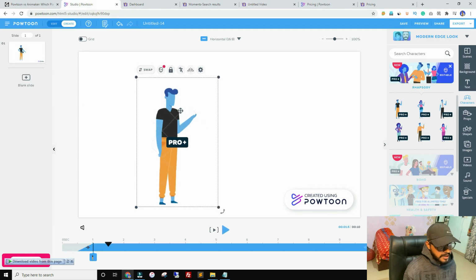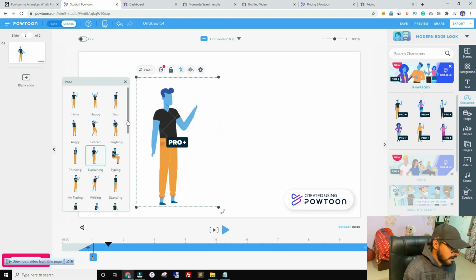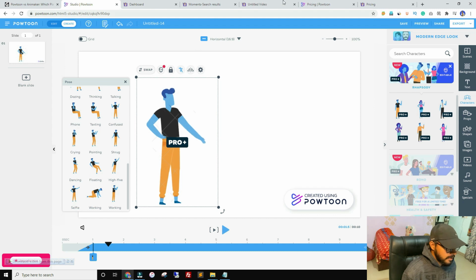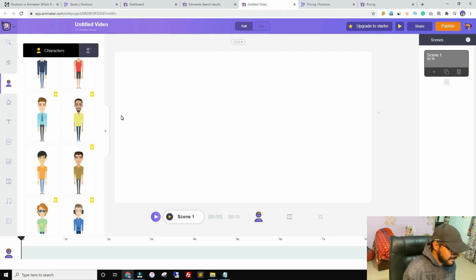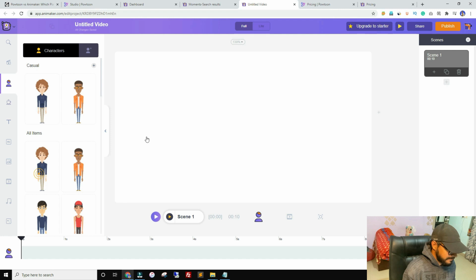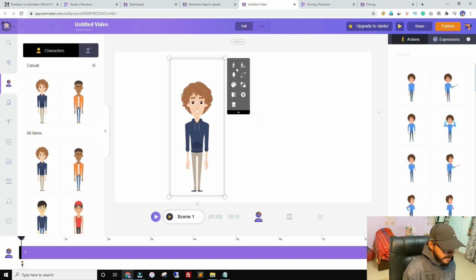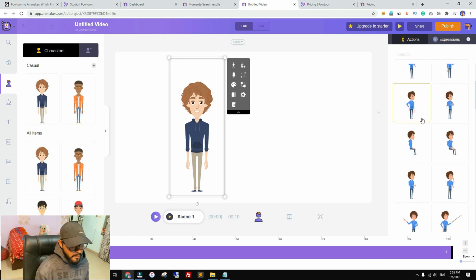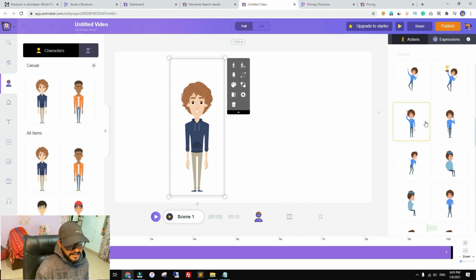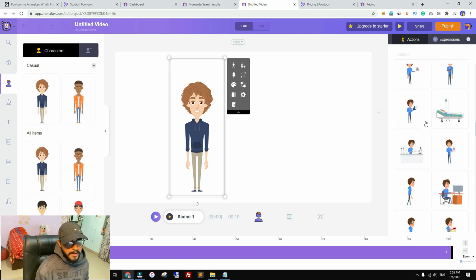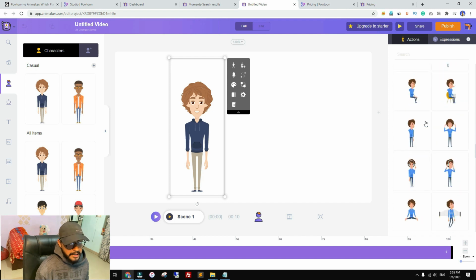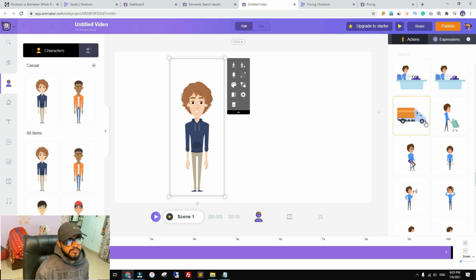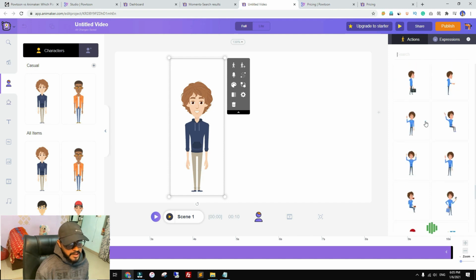So one of the things that I love about Animaker is the characters' actions. Here in Powtoon you are getting a good number of decent actions, but compared with Animaker, I mean seriously, there is no limit. If I bring it here, these are your actions, and you really need to use this search box, because this is a never-ending list. I tried to count them, and I counted 400, and the list was still never-ending. So you are getting close to 500 actions.